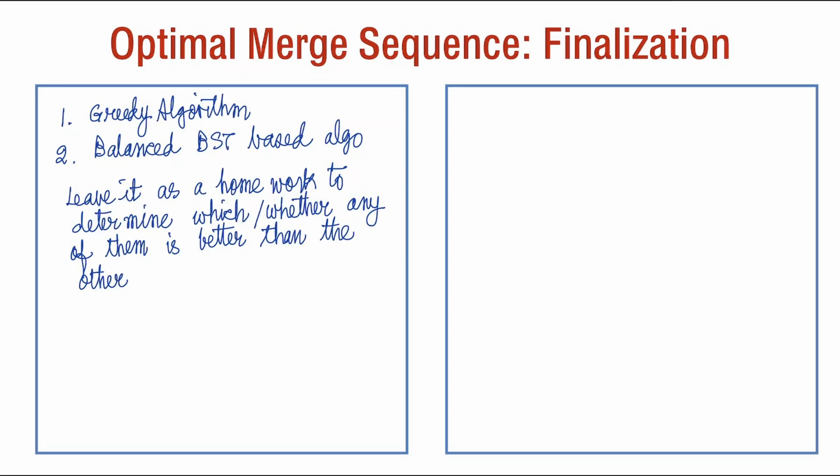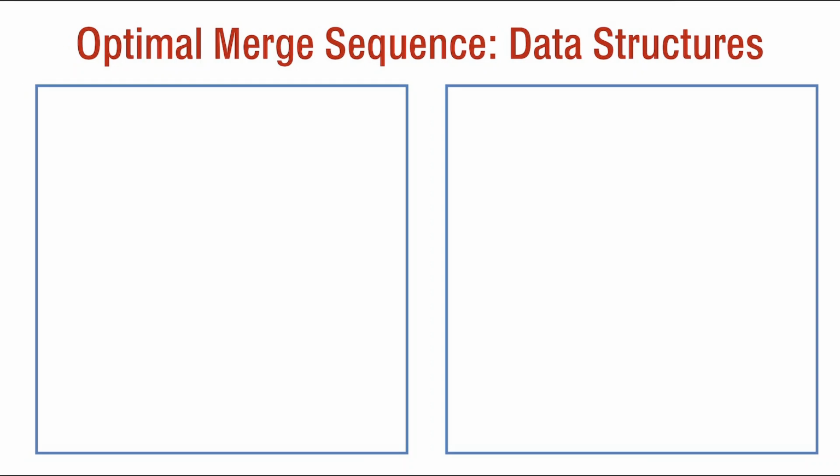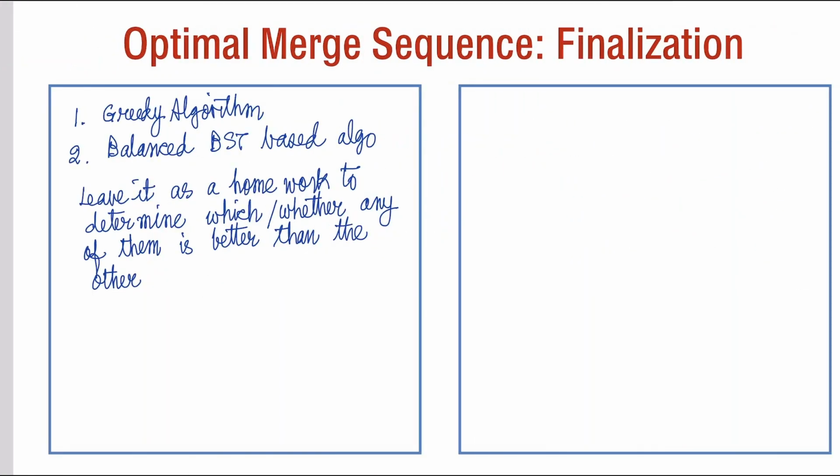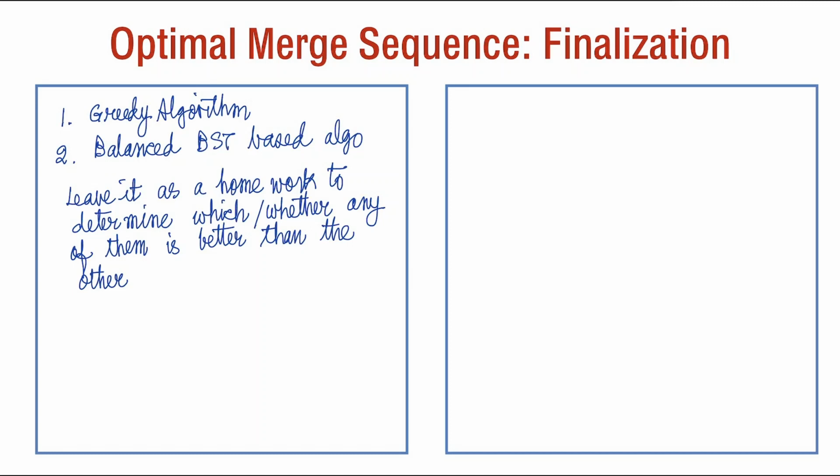And for the first one, which is the greedy algorithm, we simply need a set of arrays to solve the problem. And how do we do it? What are the data structures to use for the greedy algorithm? I guess the use of simple lists is enough for the greedy algorithm. But you have to find the smallest of the two. So how will you find the smallest size list of the two among that set? And how will you do that? The data structure here is also an important aspect.